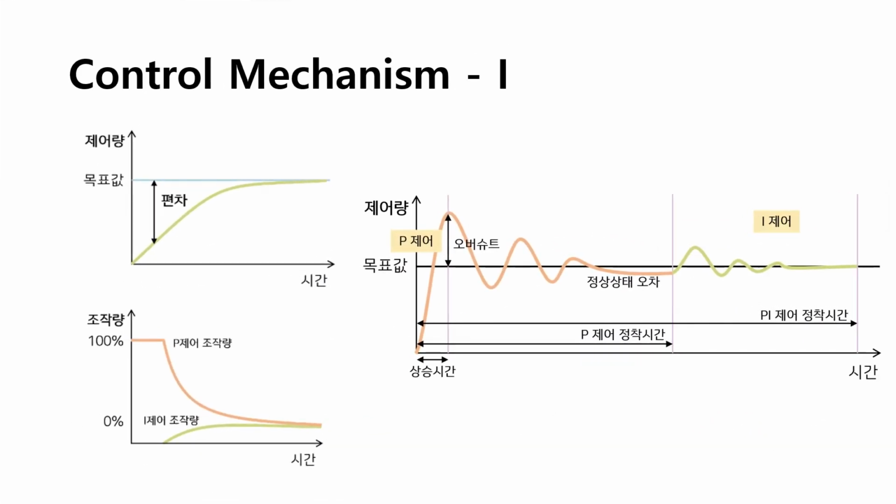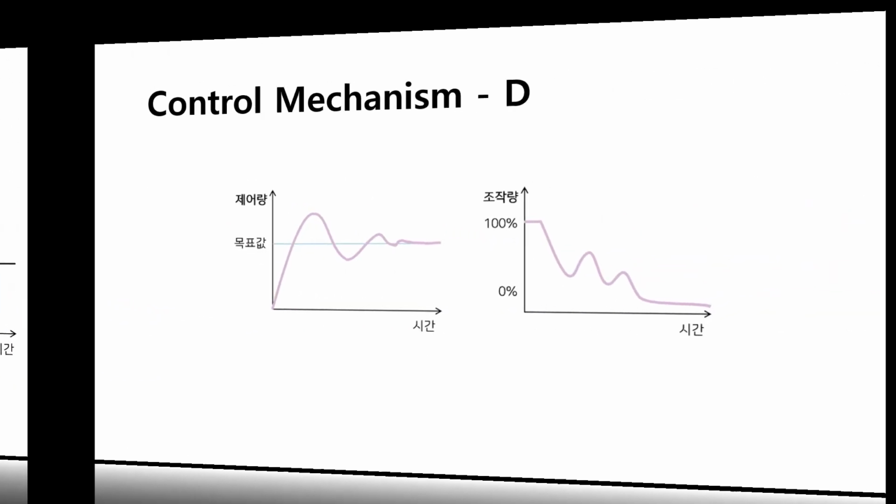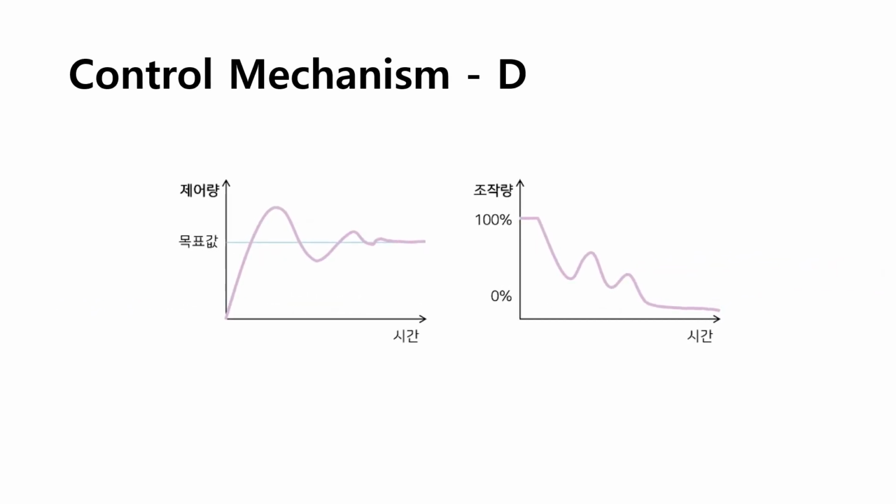The I term adjusts the control input by integrating the cumulative value of the error. This helps to stabilize the system if the error occurs for a long time. Integral control produces a control input proportional to the sum of the errors. So even if the error is zero, a constant control input can be maintained. The D term adjusts the control input in proportion to the rate of change in the error. This improves the response rate of the system by detecting the rate of change in error, predicting future error trends, and adjusting control inputs. Differential control can reduce overshooting or vibration.